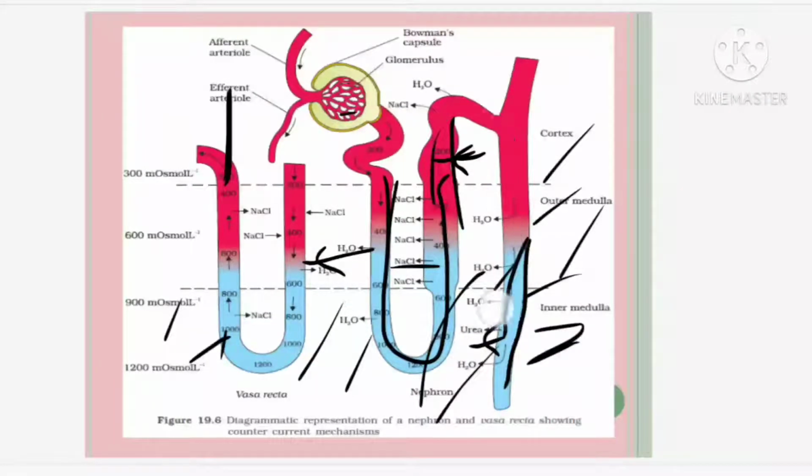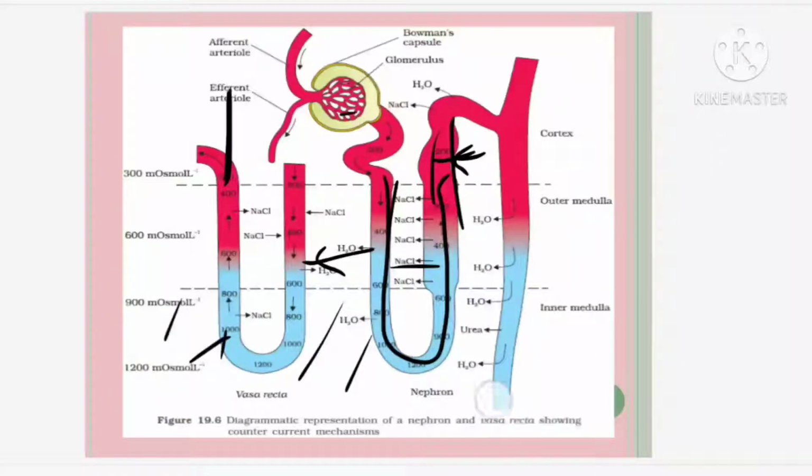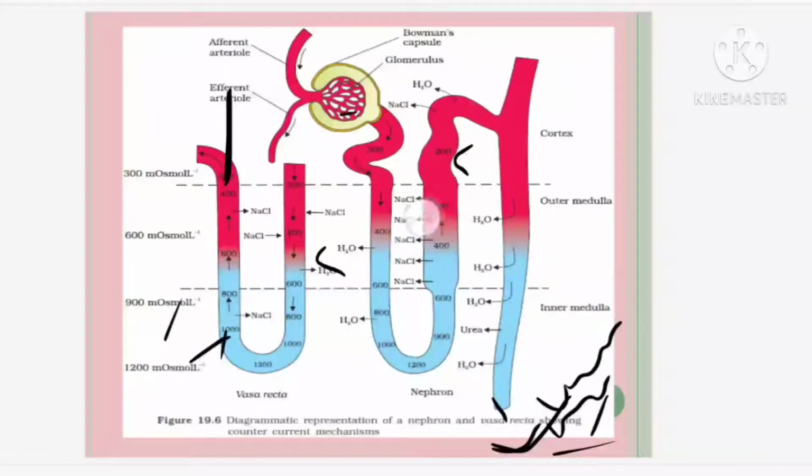So, like that, the urine which is coming out will have much urea and less water, in case it is summer. Thereafter, all the waste nitrogenous products will be moving out of the collecting duct and will enter into the ureter. From there it will be moving into the urinary bladder and it will be moving out. Hope this is clear. Why is this mechanism called the counter current mechanism?